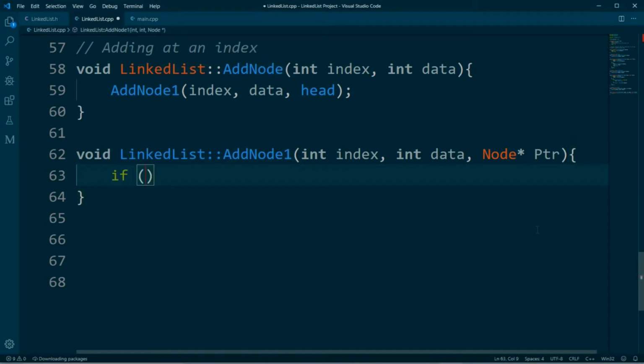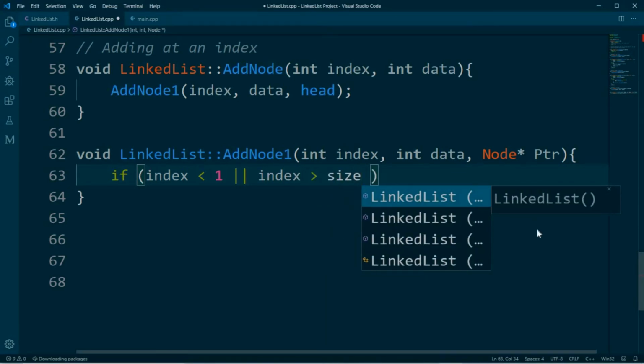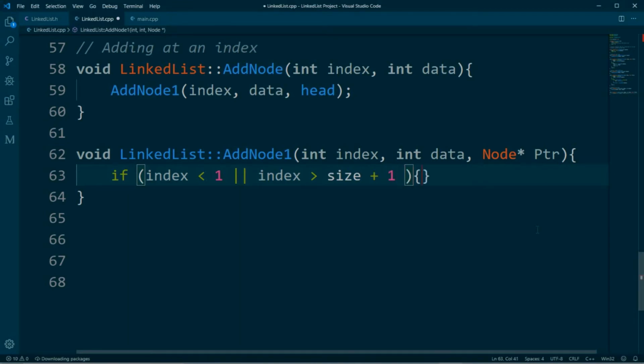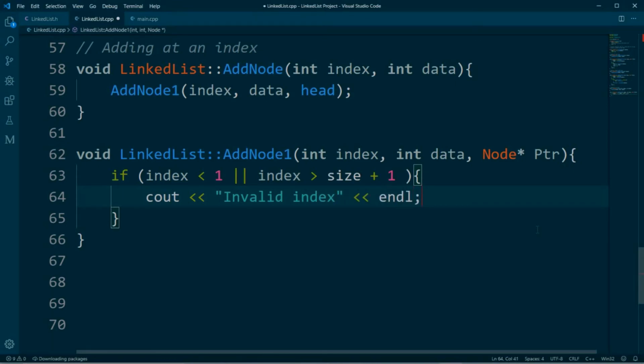Now for this function, we need to check if the index passed into the function is in the range of the linked list. So if the index is less than 1 or the index is greater than the size of the linked list plus 1, then the index is outside the range of the linked list. So we want to print out invalid index. But else, if